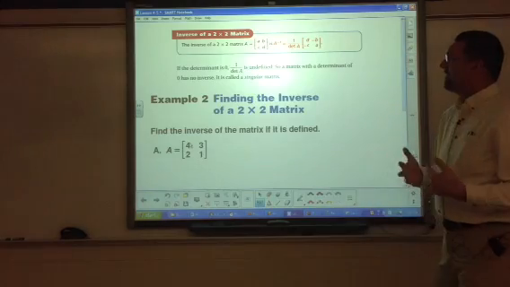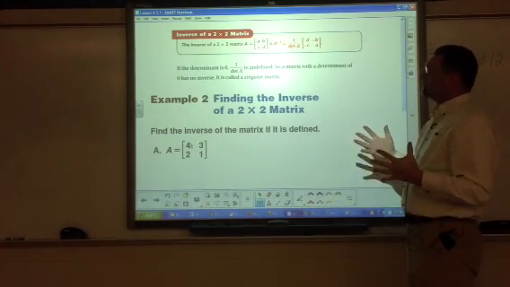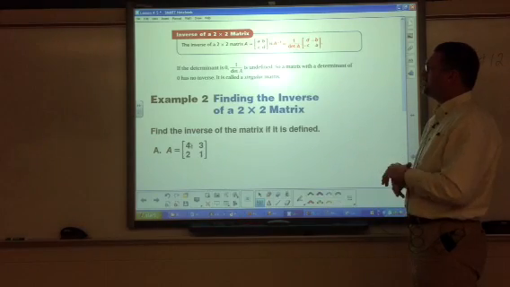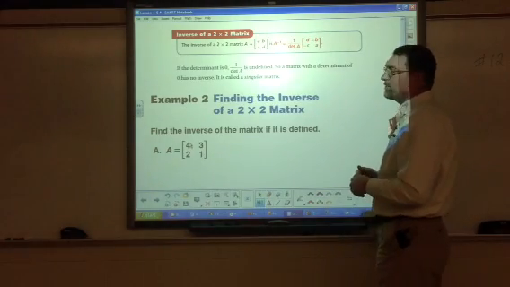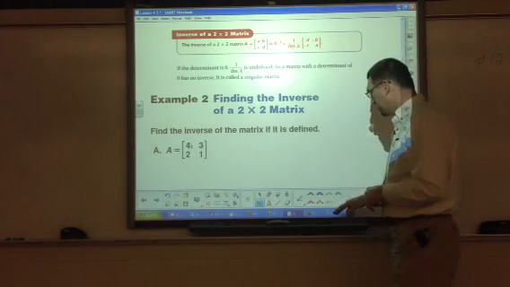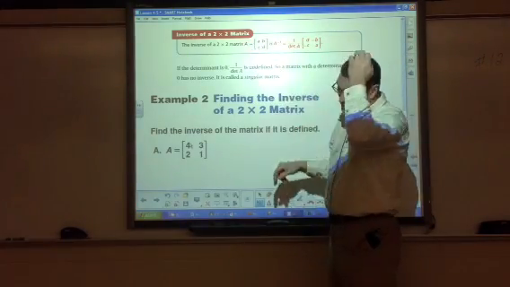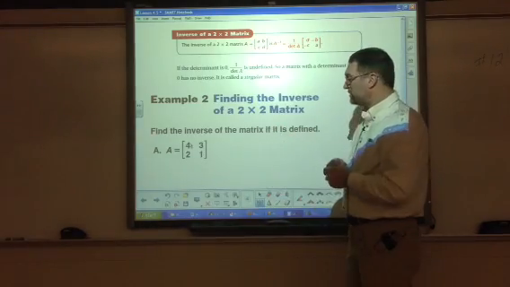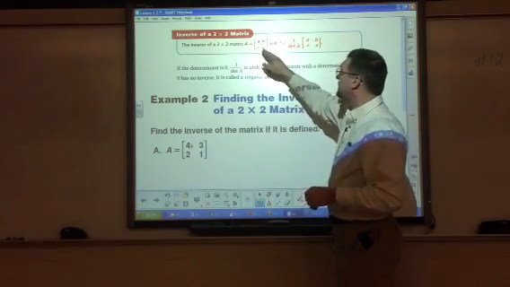So now we're going to look at finding the inverse matrix. The inverse of a 2 by 2 matrix A is found this way. First of all, we have to find the determinant. So if I have a square matrix, remember it has to be square for there to be an inverse, and I have the matrix here that's A, B, C, D,